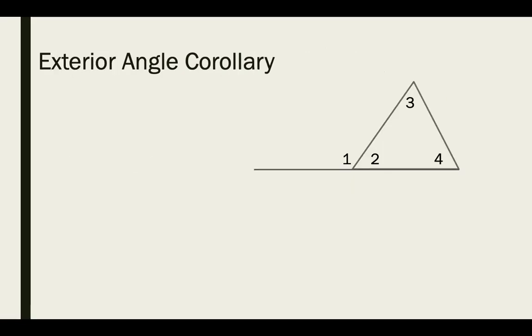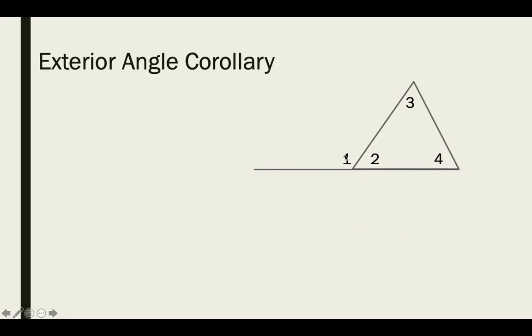And lastly, we have the exterior angle corollary, another corollary that follows from the triangle angle sum theorem. And when we talk about exterior angles, we are talking about an angle that is on the outside of a triangle and is formed by continuing the ray from the side of the triangle past the vertex of the triangle. So in this case, angle 1 is an exterior angle because we have continued this side on beyond the bounds